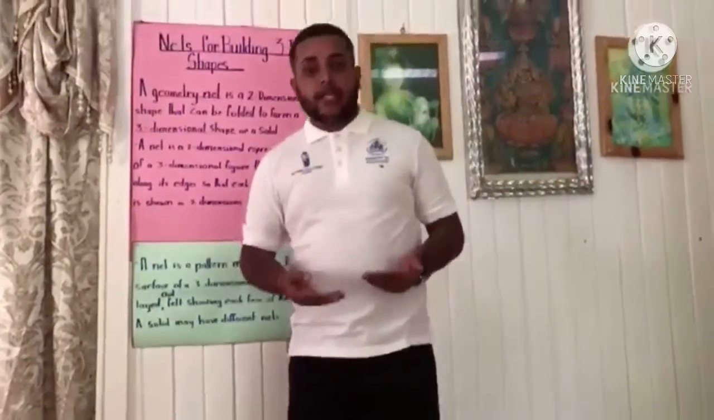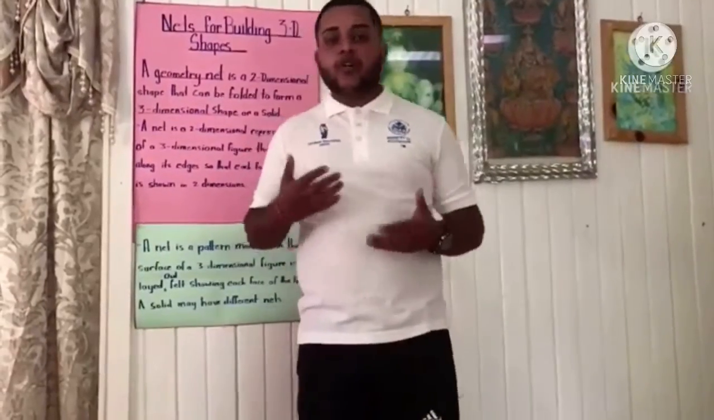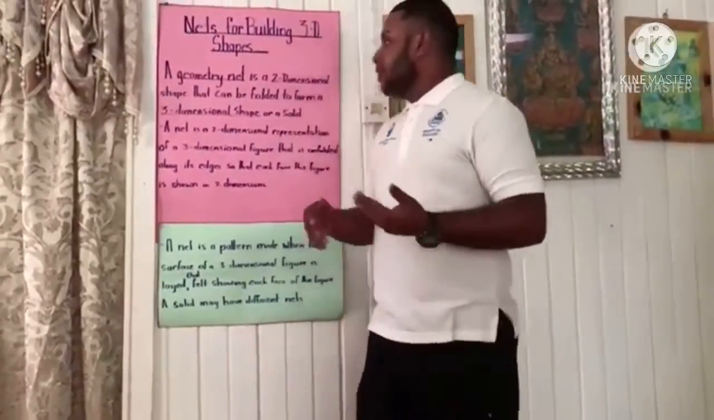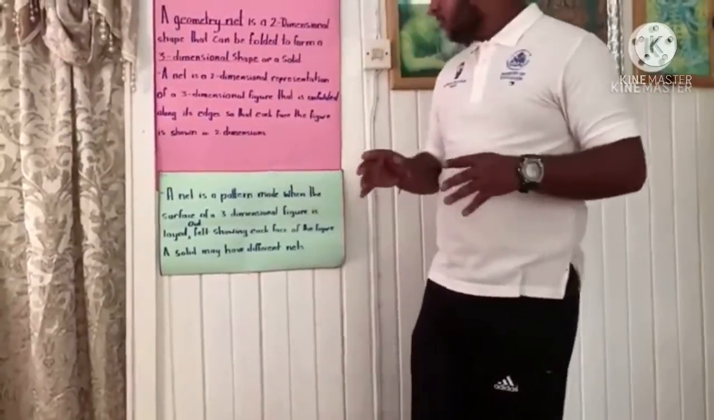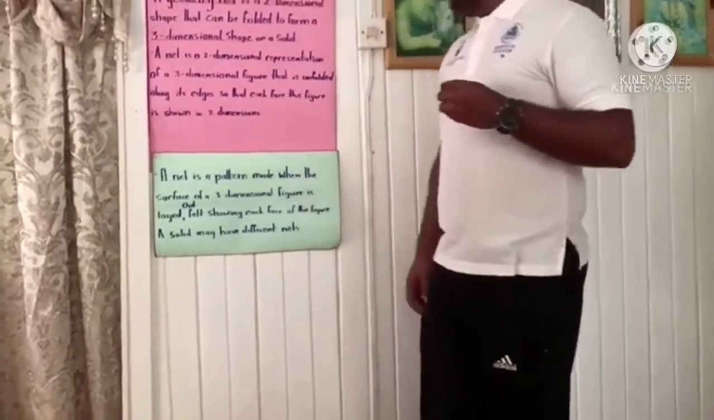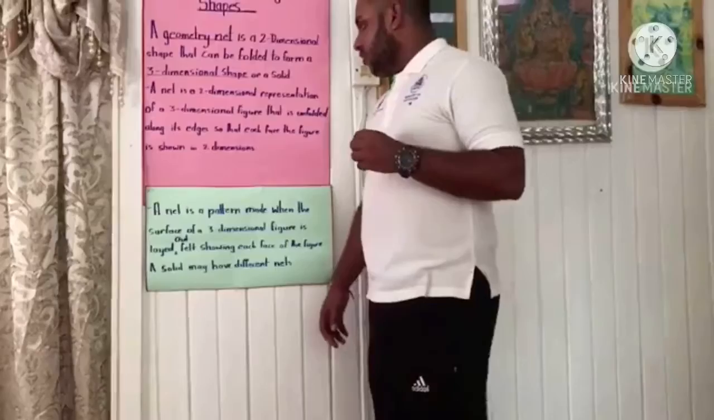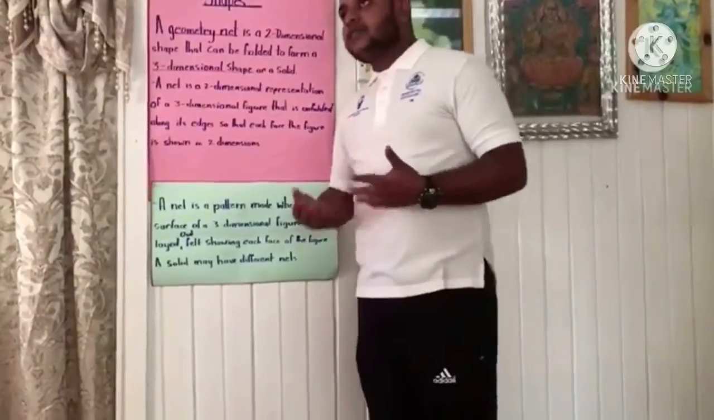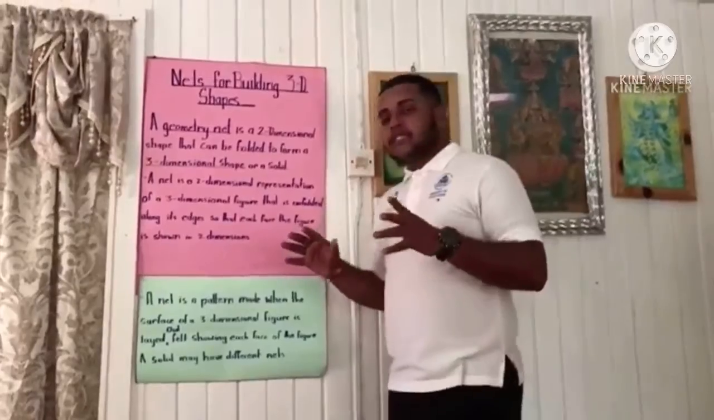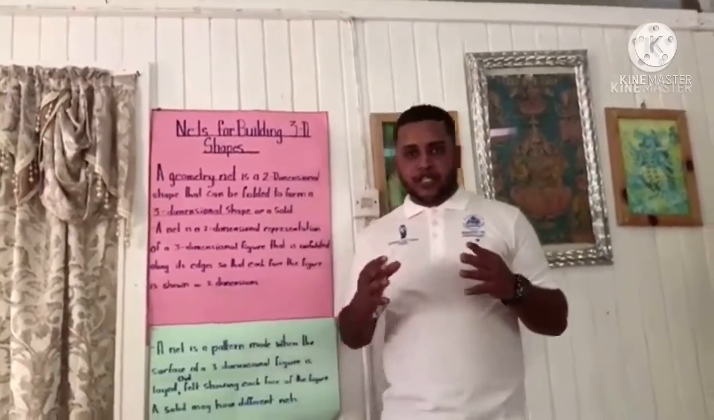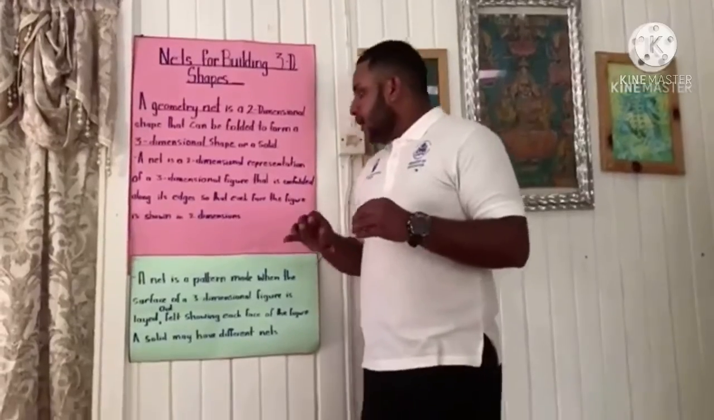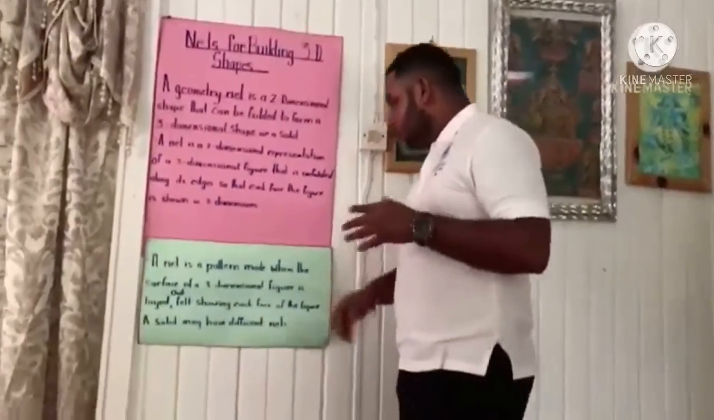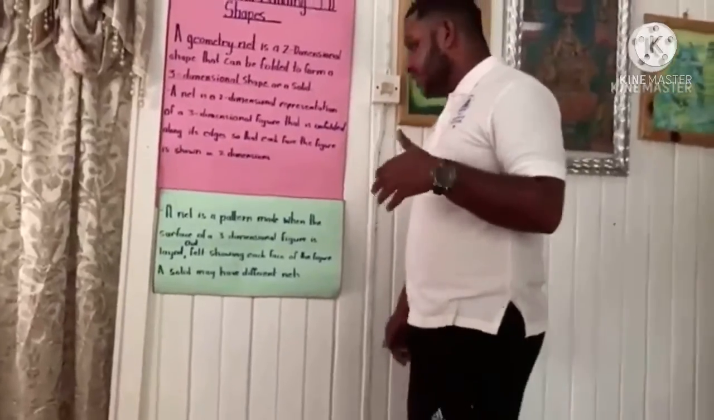Now that we've come to the end of our lesson, we're going to do a short recap of what we did. A net is a two-dimensional representation of a three-dimensional figure that is unfolded along its edges so that each face is shown in two dimensions. What this simply means is that when you open a three-dimensional shape, like when you open the sides and so on, it will form a two-dimensional shape. And a net is a pattern made when the surface of a three-dimensional figure is laid out, like I just said,